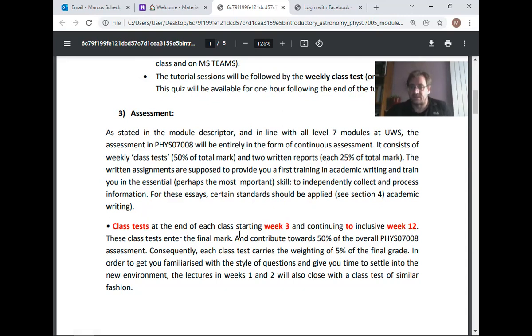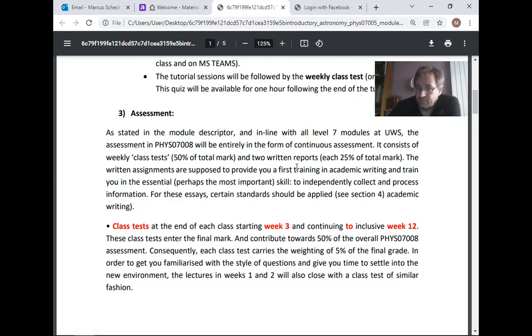And I want to have these essays written to a certain standard. This is basically one of the learning outcomes, to get you used to academic writing. What does that mean now? No I, no first, second, third person; one tries to write objectively. If you make a statement, either it's your own, or if you took it from somewhere, it needs to be referenced. So referencing is also very important.